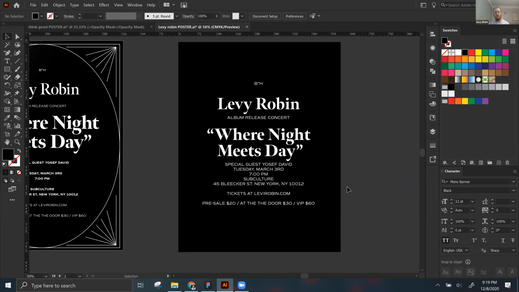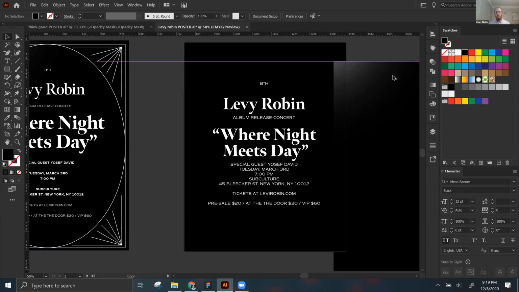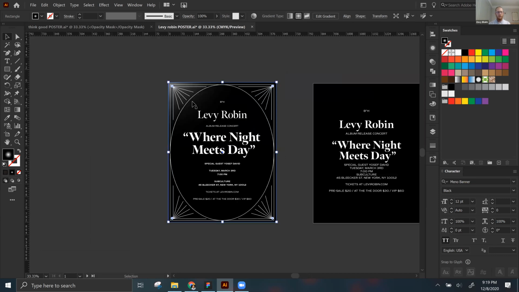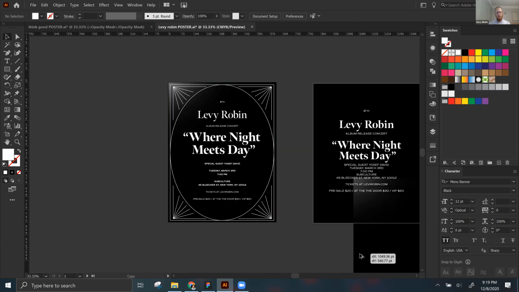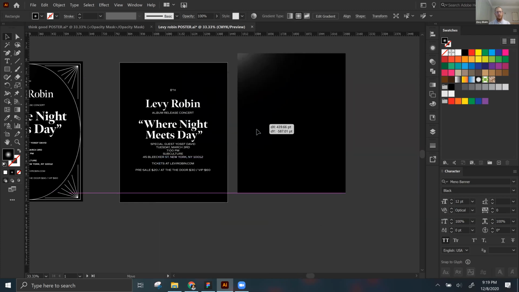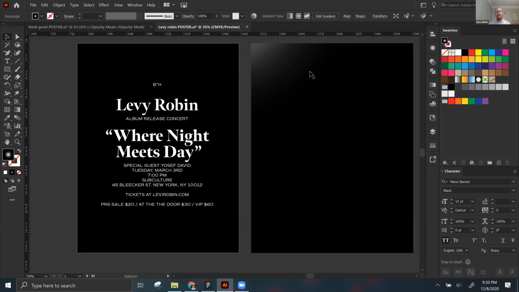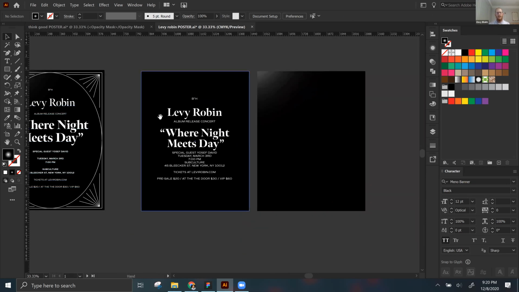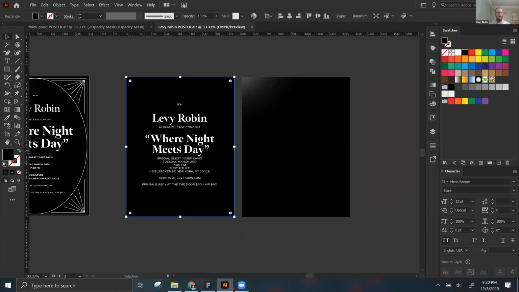So I have my text, it's all a little smushed together. Okay, and what I'm going to do, I'm going to show you, it's really subtle, but I'm going to show you how to make an effect like this, to have this kind of little bit of light flare to make our black background a little less flat. So the way we do this is we select our background and